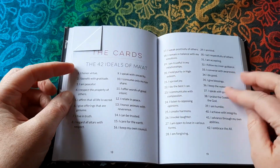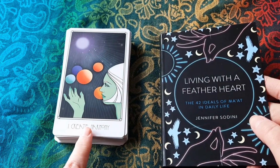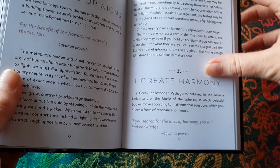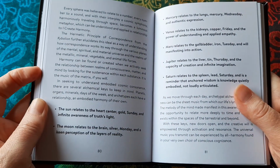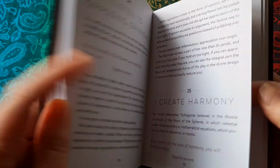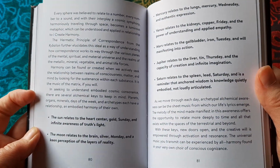So I have actually dog-eared the page that indexes the 42 ideals of Ma'at that the cards are based on, because this then serves as a contents, because there are no numbers on the cards. So I create harmony, so I have to look up this little index and find I create harmony. So there's 25, and then find there's 21, 25, I create harmony. There's the entry. And the entries are, for some of these cards, quite long and involved, and when you read them you do have to sort of think about it, because they're not all described in the same format. You know, for example, I listen to opposing opinions is a page and a half, whereas I create harmony is more like 2.5 pages of description and thoughts to